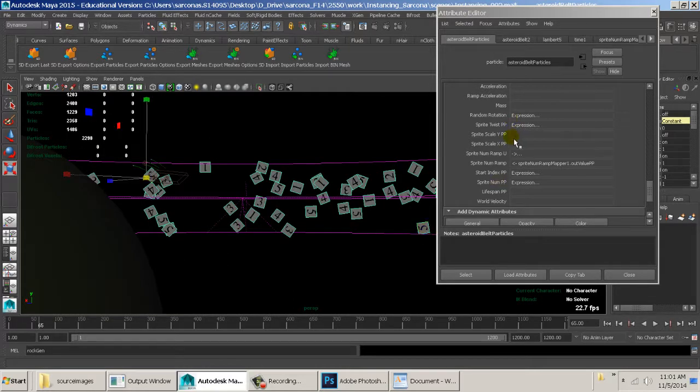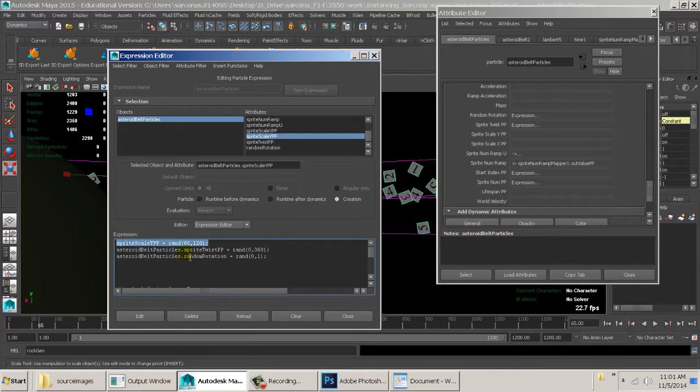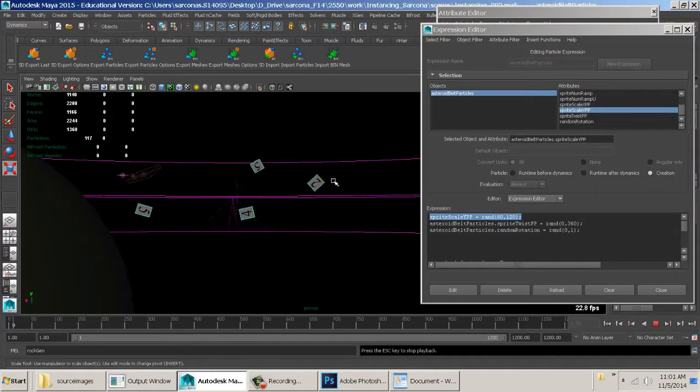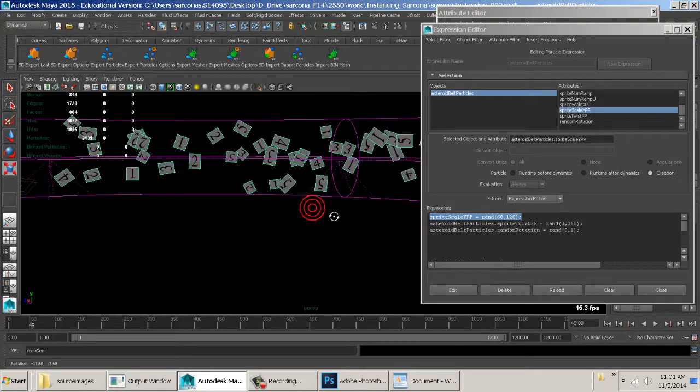The next step, we're going to go to the scale. So I'm going to go here and go to creation expression. And I'm going to say sprite scale ypp equals a random number between 0, not 0, it's at 80 right now, remember that. So 80 and 120. Okay, maybe even less than that, let's say 60 and 120. Okay, now that's the y. So I hit edit, I reset it,